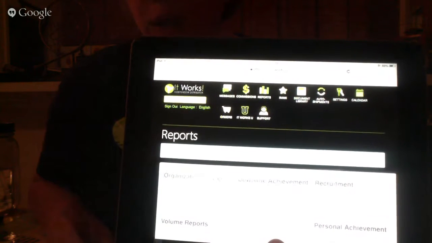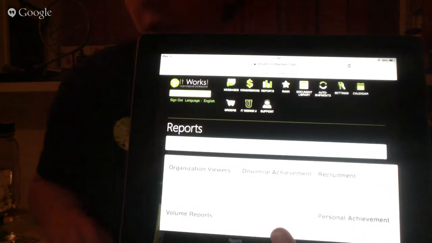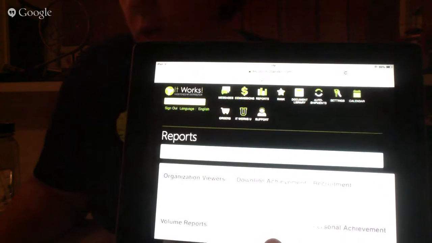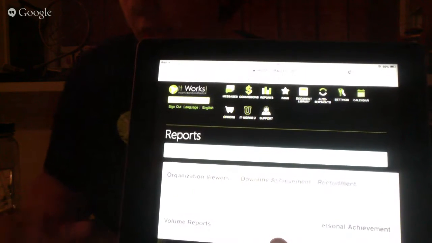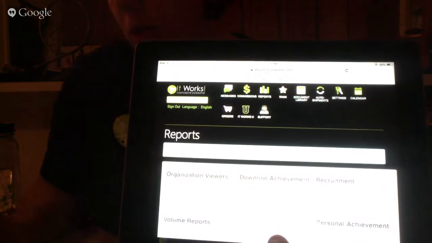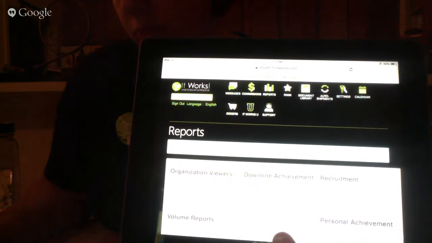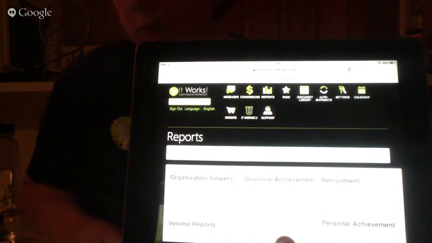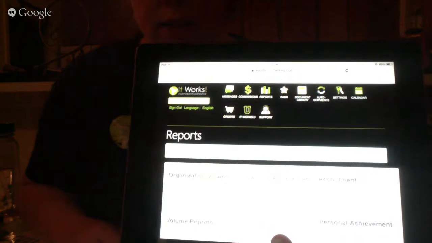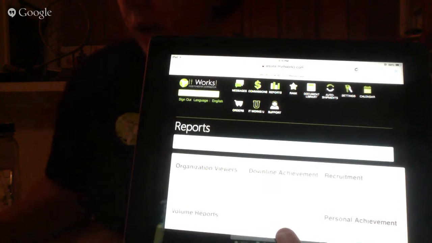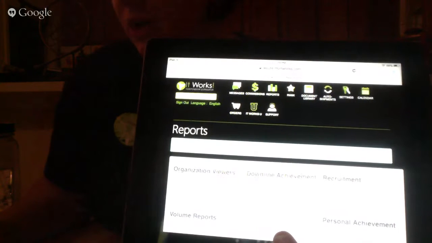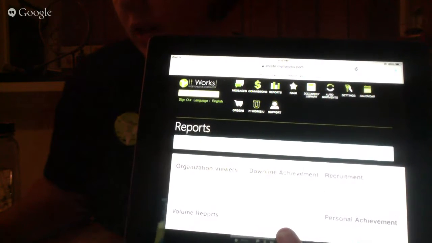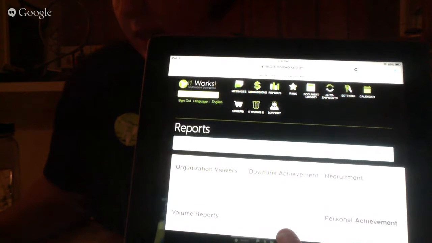So for our purposes right now in just charting our boxes, we're going to look at one of 2 reports. It is either going to be organization viewer or tree viewer. I prefer tree viewer because I find organization viewer to be very slow and tedious. It annoys me and I don't like it. So if you want to click on tree viewer, then I'll walk you through how you can look at the different